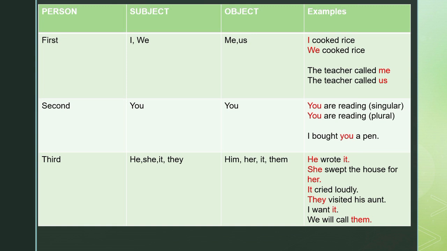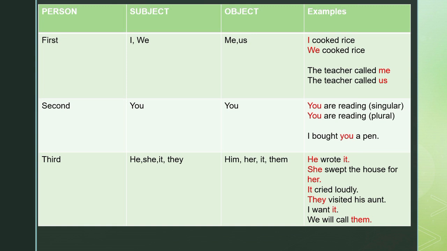The doer of the action is the person speaking. So, I. If we were many doing, more than one person, and you are still narrating, then you say, we cooked rice. In the same first person, if we are looking at the object, the receiver of the action is the one